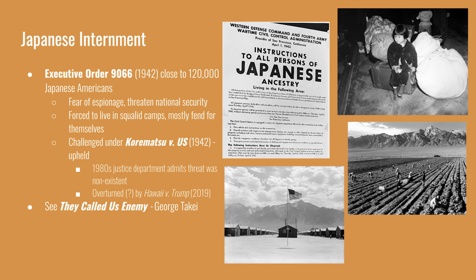The reason why it supposedly overturned Korematsu is because it's brought up in passing in the majority opinion as being wrong, though not having anything to do with the case. So in a decision that allowed the federal government to keep people out of the country under the pretense of national security, this previous decision that expanded the government's powers in cases where national security was at stake was supposedly overturned. Some legal scholars still question that it effectively overturned it, and if you're interested in more about the Japanese internment, you can read the graphic novel They Called Us Enemy by actor George Takei, who lived through it as a young child.